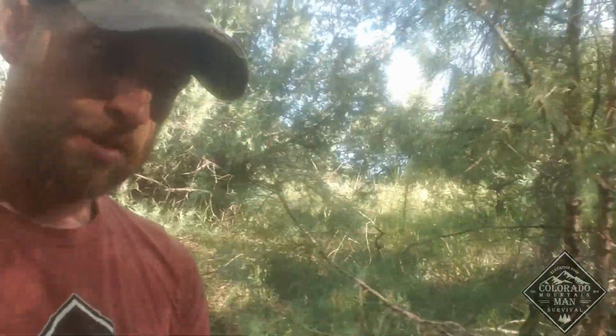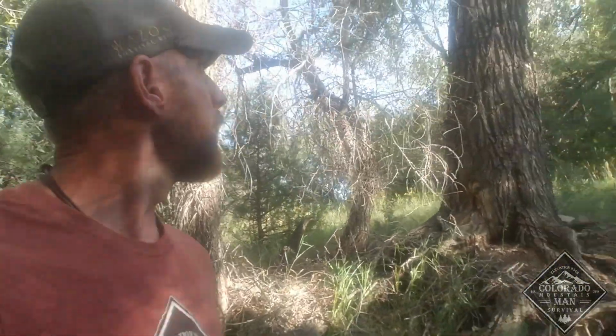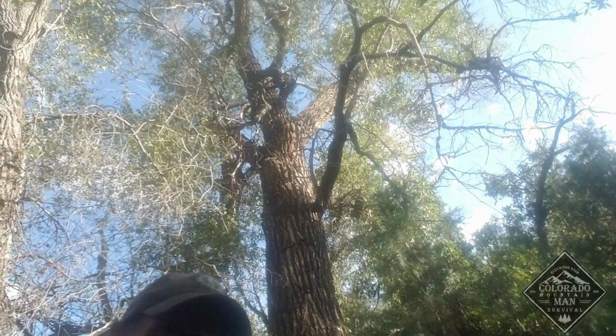Hey guys, Jason, Colorado Mountain Man Survival, out here in the woods, out in the mountains near Cripple Creek, and I'm out collecting cottonwood bark to help me start a fire. This is a big cottonwood tree behind me. It's a live tree. That's not the bark that I want. What I'm looking for are dead trees,